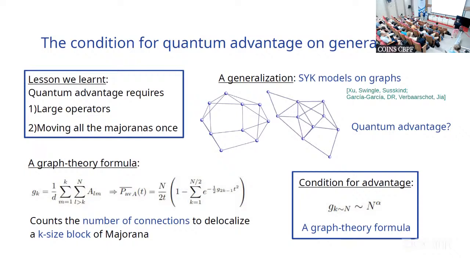Questions? Giulio. Okay, thank you very much for your talk. I think you have a relation between the random walk in the complex graph and the power of the Majorana fermion SYK model. That kind of random walk in a complex network is very well studied in network theory. So I think you can make use of results from there.